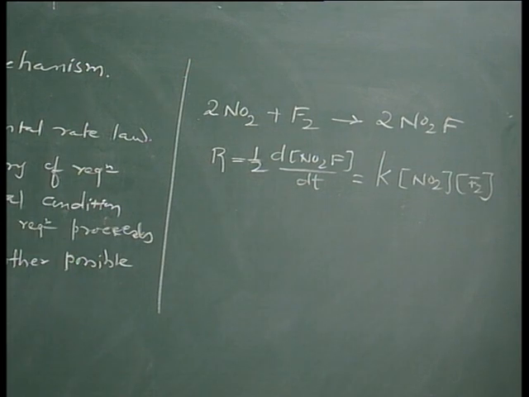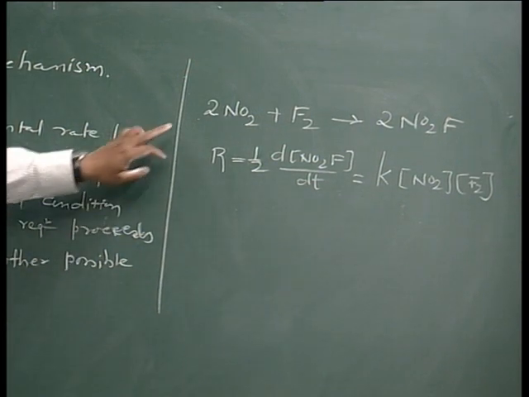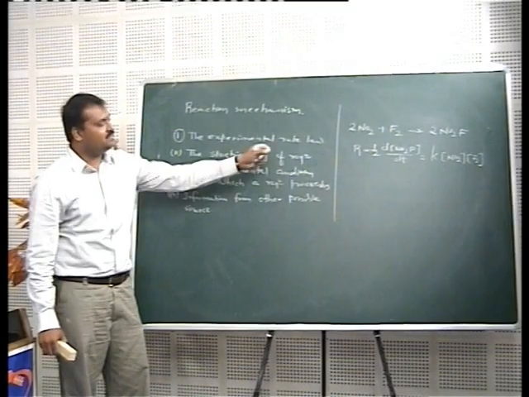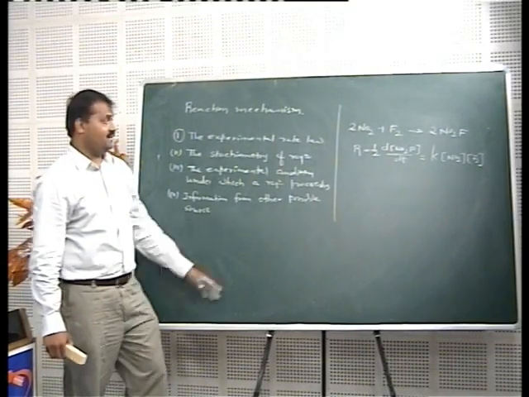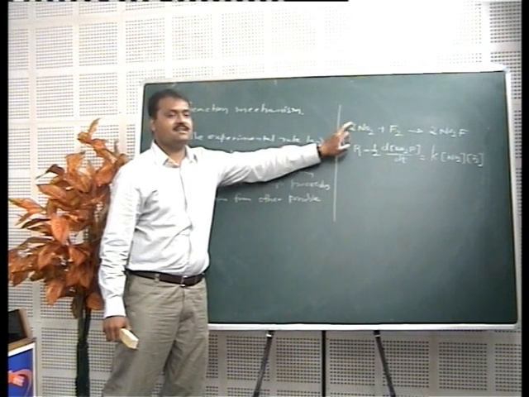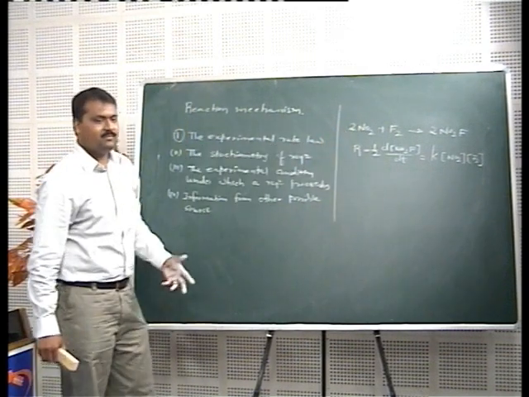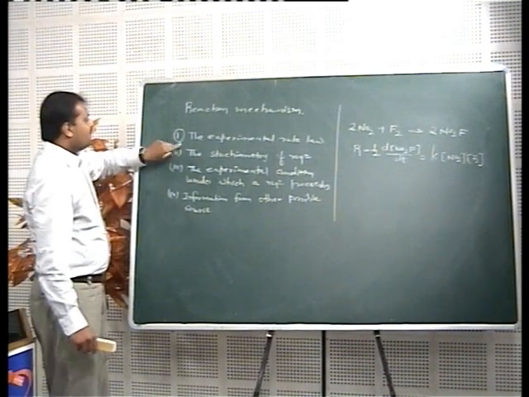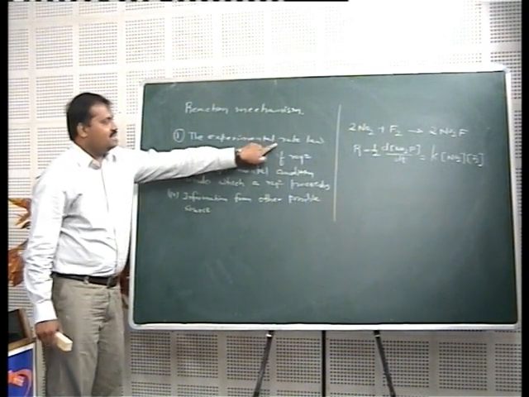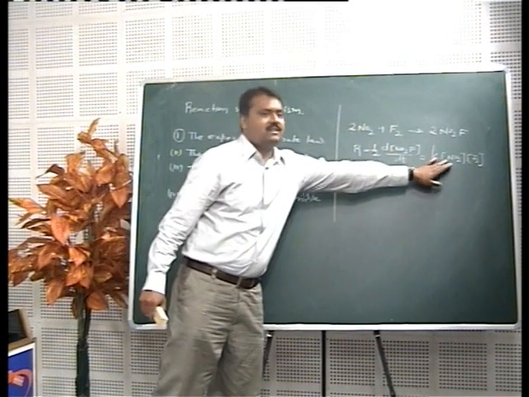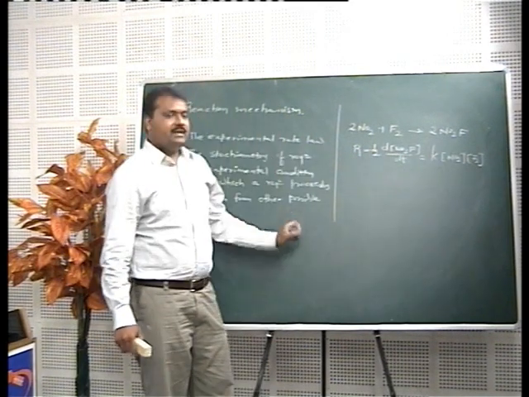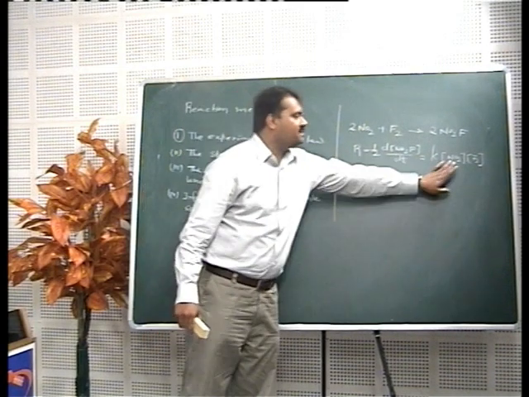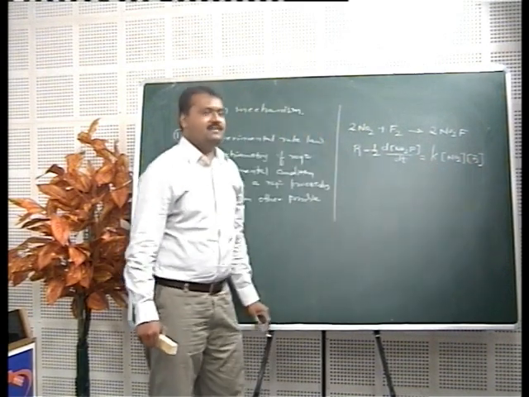This is the experimental rate law for the given reaction, and this is the reaction. Now, how one can propose the mechanism of reaction? In which manner this reaction will proceed, that we have to propose. Now, for that, we'll consider first the experimental rate law. See, here experimental rate law suggests that the rate determining step of the given reaction will consist NO2 and F2 as reactant, and